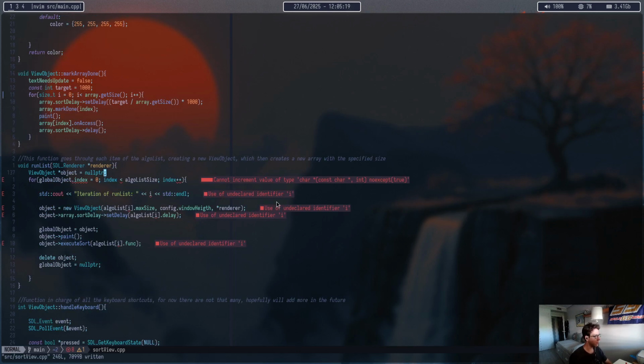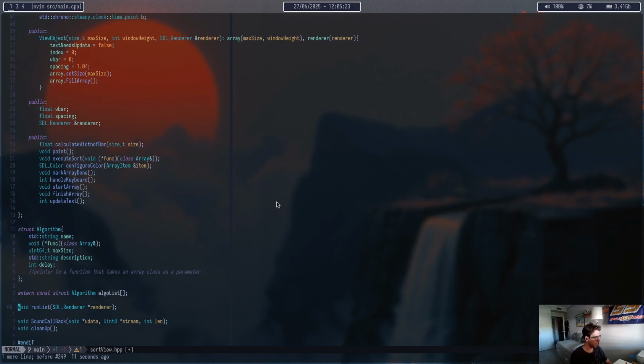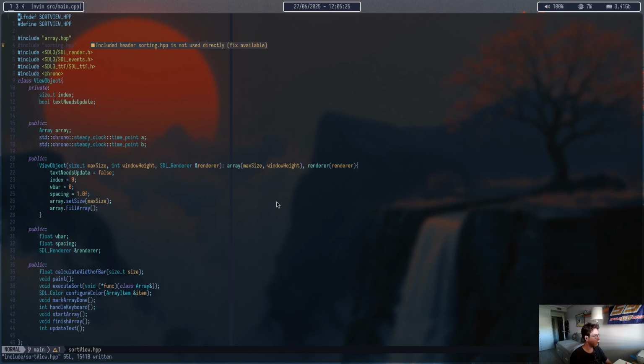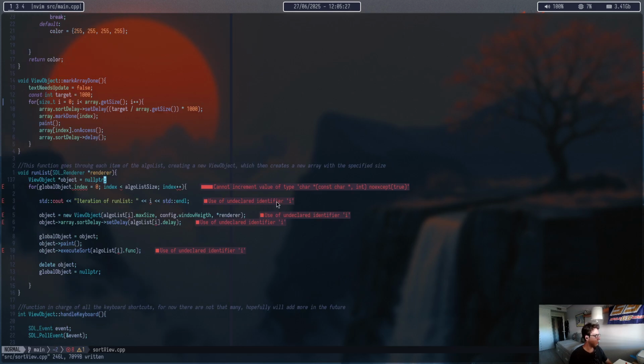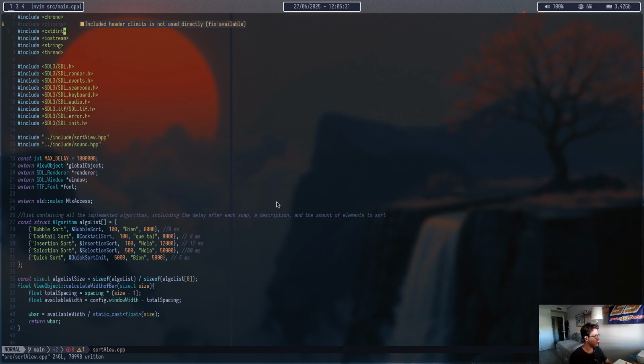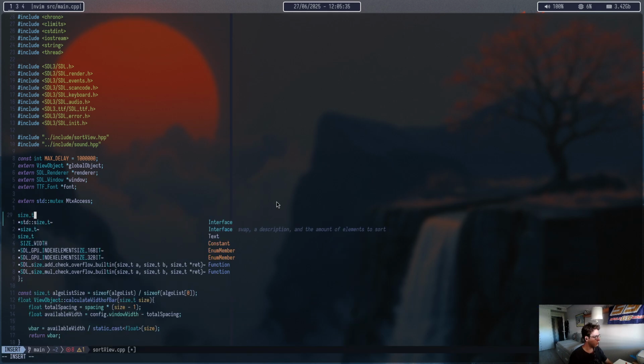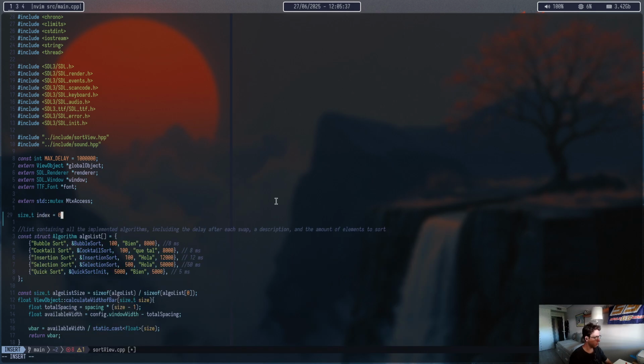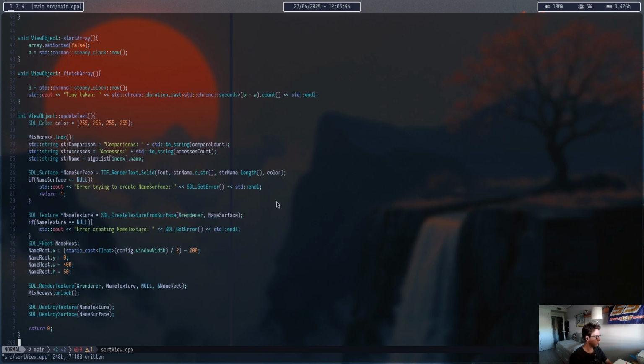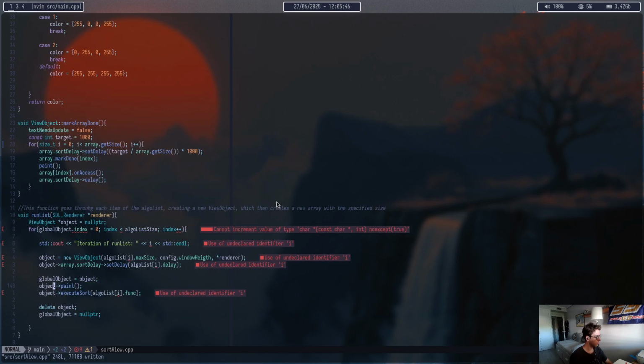Not really, because I am assigning a global object inside, so it wouldn't make that much sense. Let me put this in here. And I guess I could have some sort of global index here, like size t index. So then in here I could just use